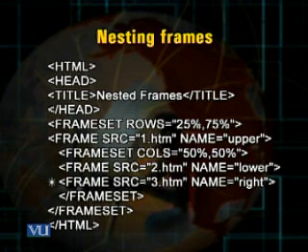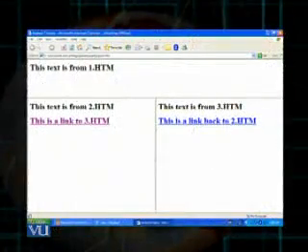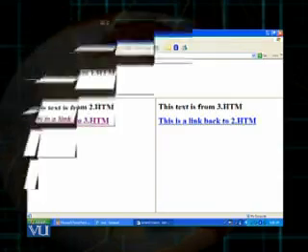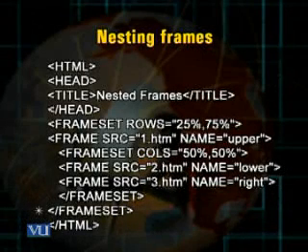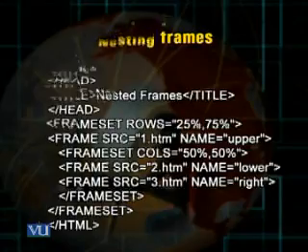So as a result, the frame which consists of 75% of the web page would again be divided into two frames. In the lower frame, the file 2.htm would open, and in the right frame, the file 3.htm would open. I close these two frameset tags and then I close the HTML tag.